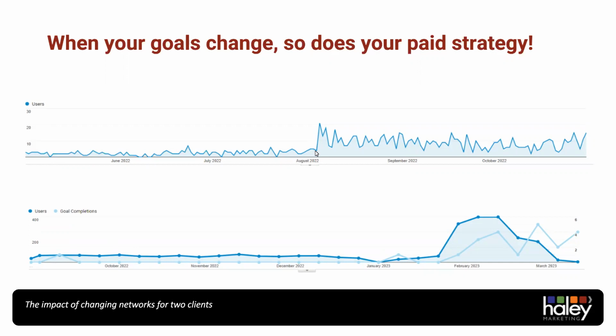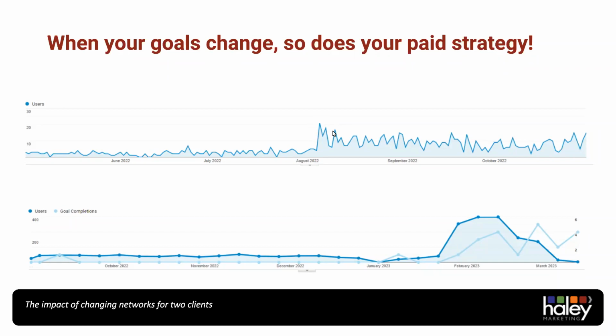So showing in Google was great, but how often your ad shows and how many clicks you get is controlled by that cost. So we reevaluated our goals, and they said, no, we really want to increase the visits to our website. So we changed to a Facebook strategy where the cost per clicks were much lower, and the website started to see a nice jump in consistent volume.